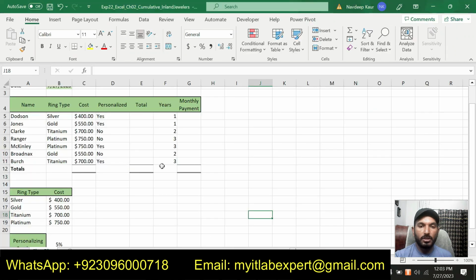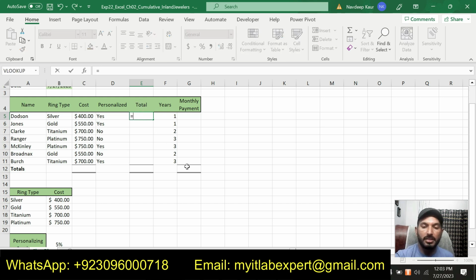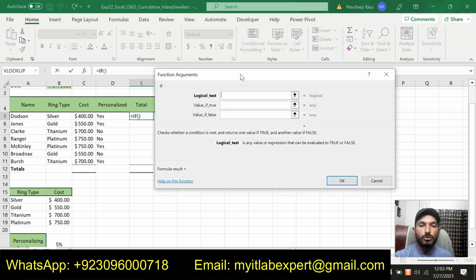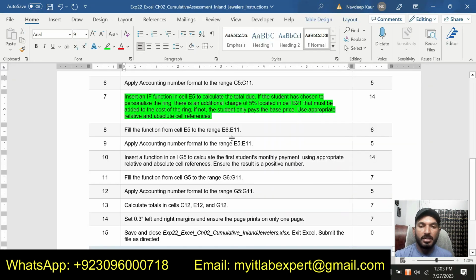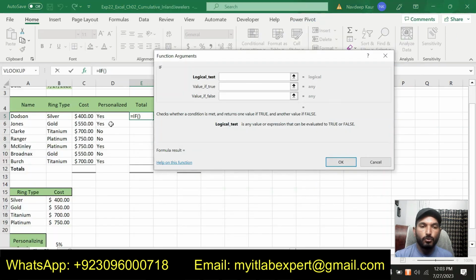So simply go to cell E5 and here we are supposed to calculate the total due by using the if function. Type an equal sign and type if. You will get the if function from here, and click this insert function symbol so that we can put the function arguments. First, if the student has chosen to personalize the ring, we will type if D5 is equal to yes.